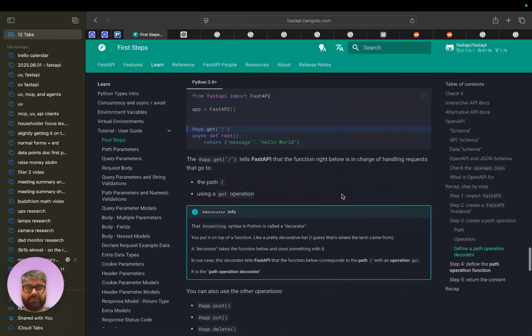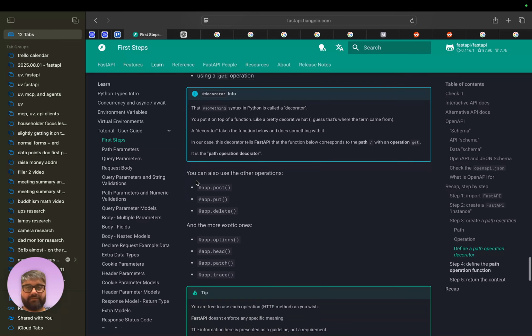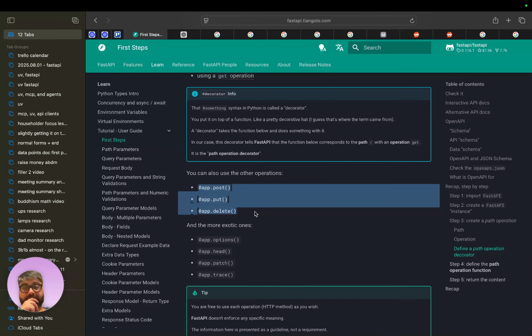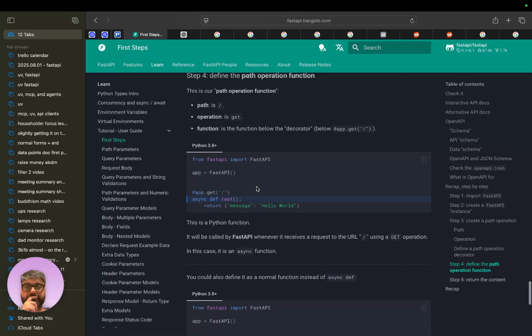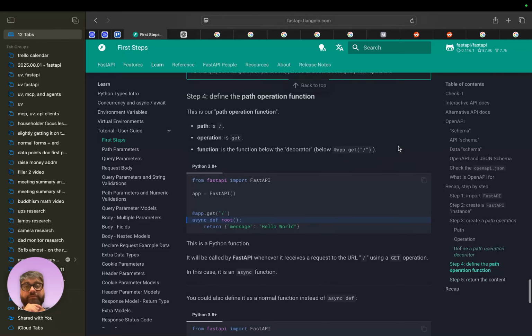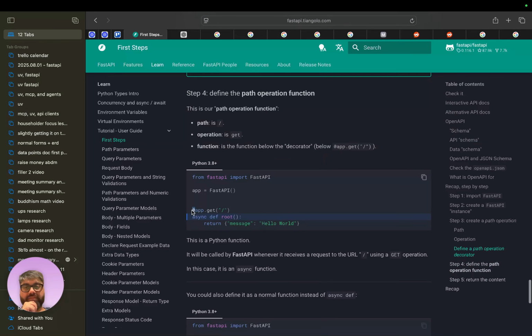It's pretty much all there is to this. And this is how I mentioned this earlier, is how you actually use all of those different operations. The path operation function is the function below the decorator. So this little at symbol is essentially a decorator. And what that tells Python is, hey, this thing is a function. I want you to take this function, put it into this function. That'll give me some output, and then I want to run that function, right? That's essentially what decorators are in Python.